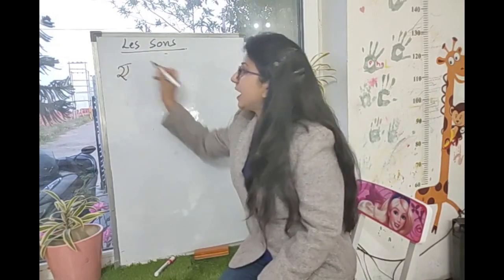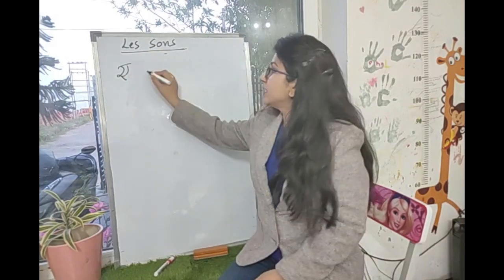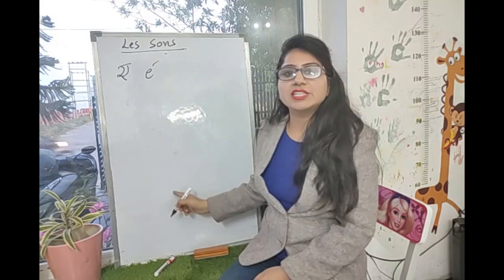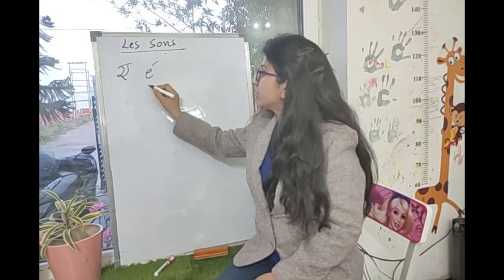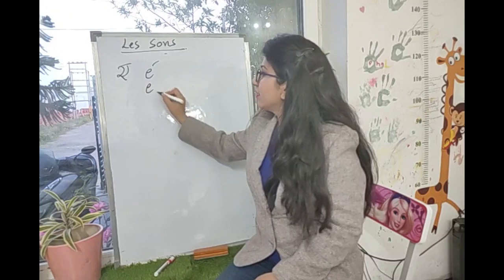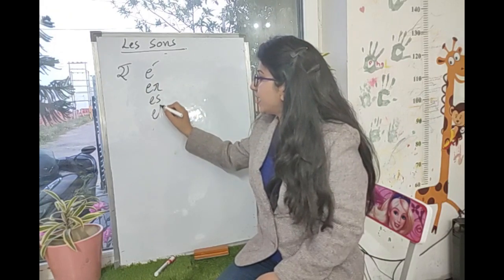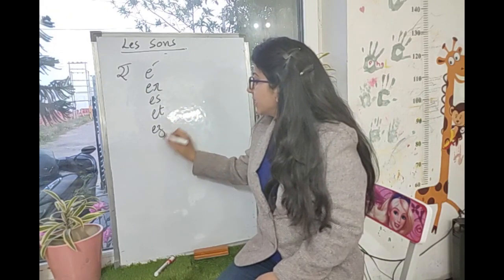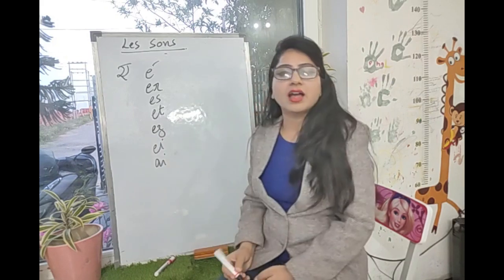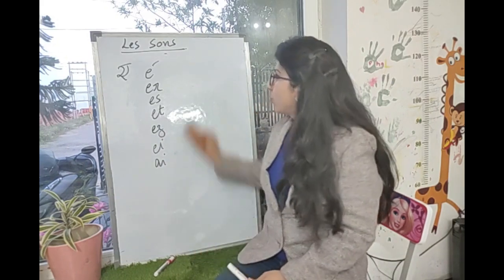is A. Okay, so we have 7 ways to say A. This is accent aigu, it sounds like A. Then ER, ES, ET, EZ, EI and AI. And then the third group was